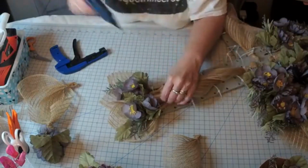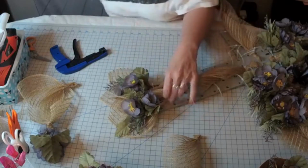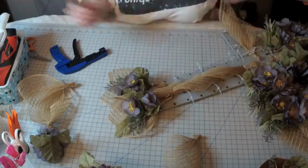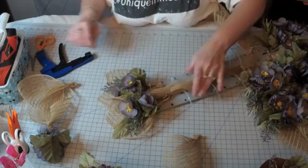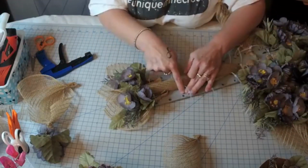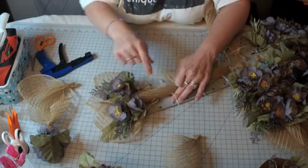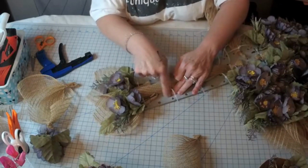We're going to put some glue right across. And that's it. That's that row. Now this row right here doesn't need anything because when we do this, the flowers in this row are going to cover this. Now you don't need to put any more mesh